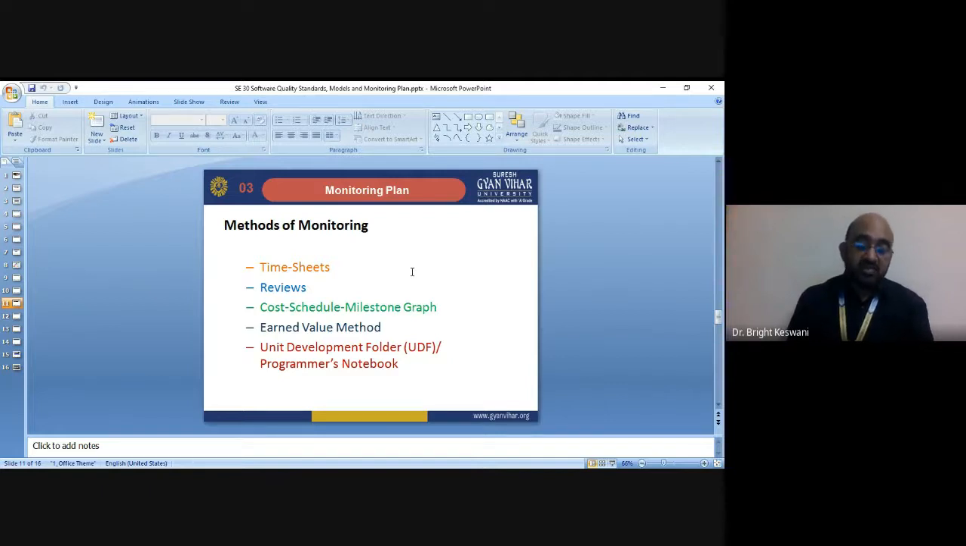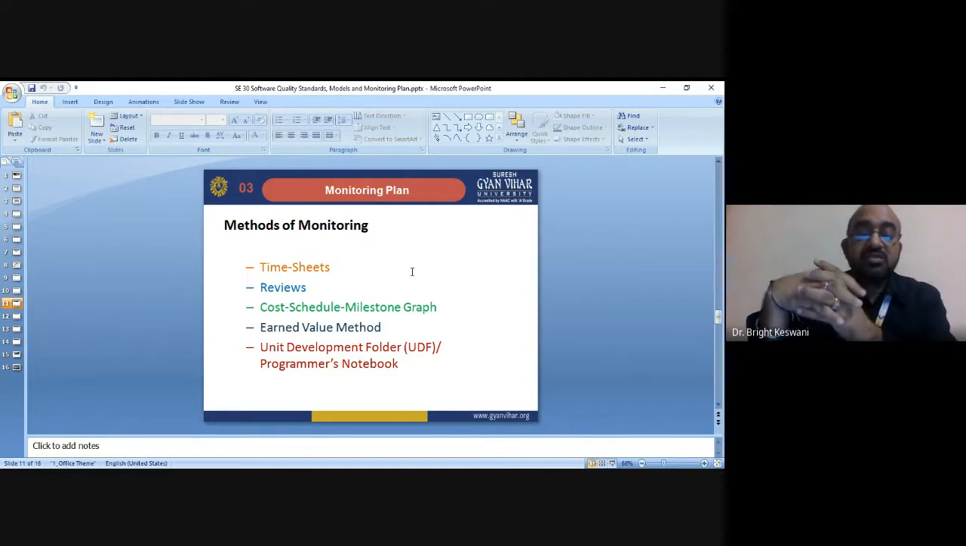So, a summary report called the earned value summary report can be produced monthly or bi-weekly that summarizes the earned value for each task and each test, and the actual effort spent on that task. So, the earned value method is another method of monitoring the progress. Then let us come to the next and last point of the monitoring plan, that is the unit